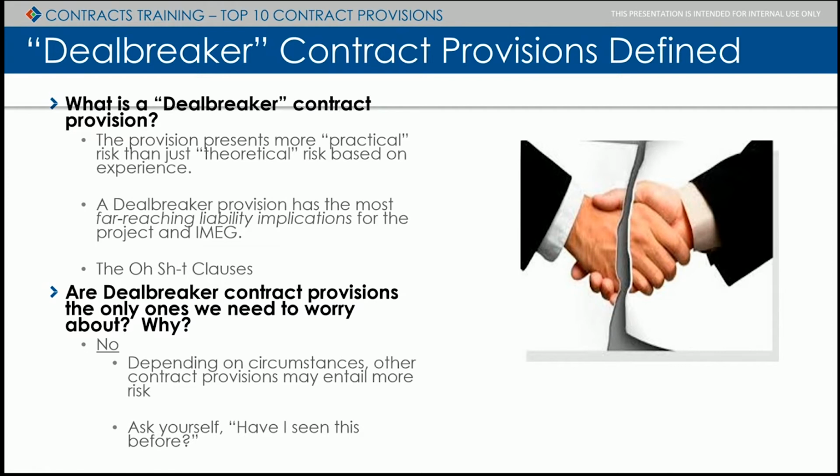The deal breaker provisions contain the most risk, okay, and the most potential liability down the road, because that liability is not going to come out within 2 weeks of signing the contract. It usually is going to be a couple, 2-3 years down the road when something hits the fan and everyone goes back and looks at what's in the file. Okay. Now, are they the only provisions we need to worry about? No, not necessarily, because